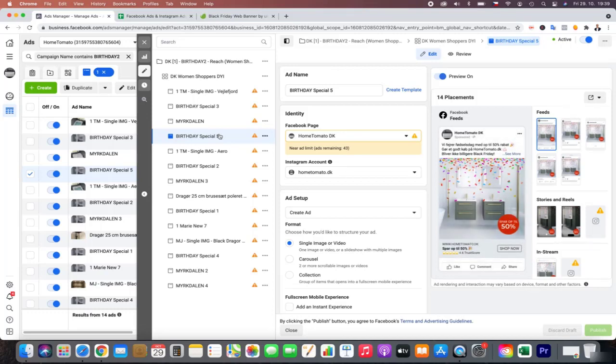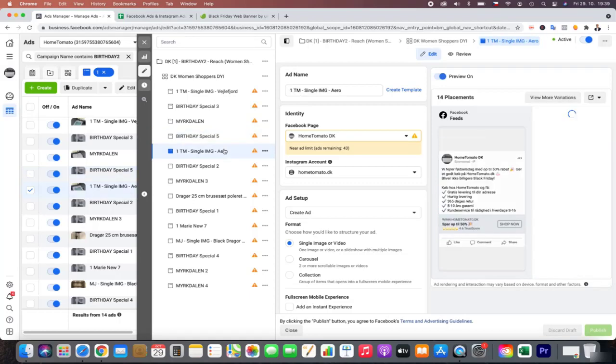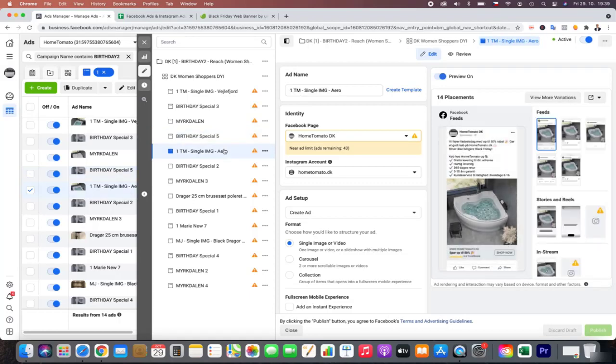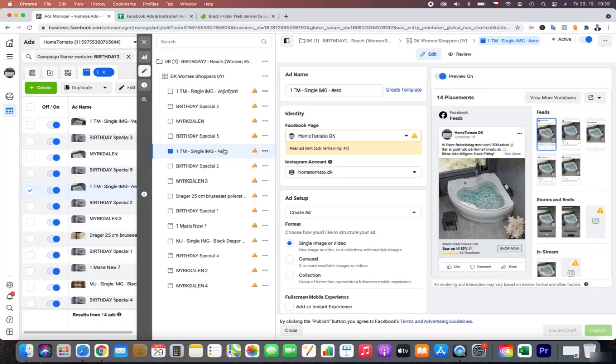The aim is very simple: to make money, to produce sales, actually also before Black Friday. So the goal is to have as powerful sales as possible throughout November.